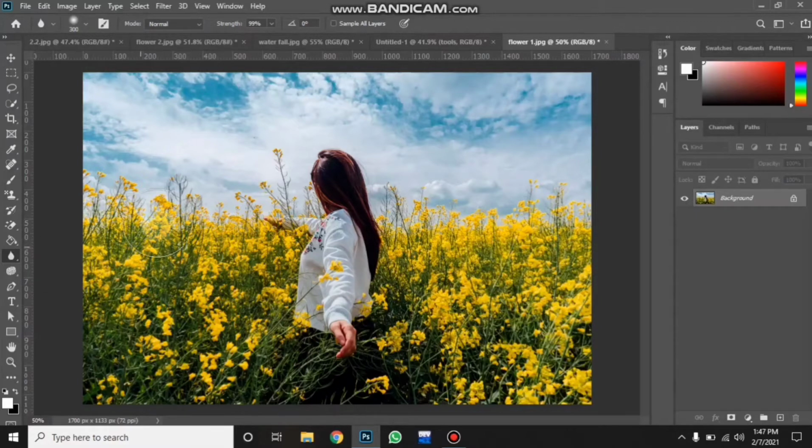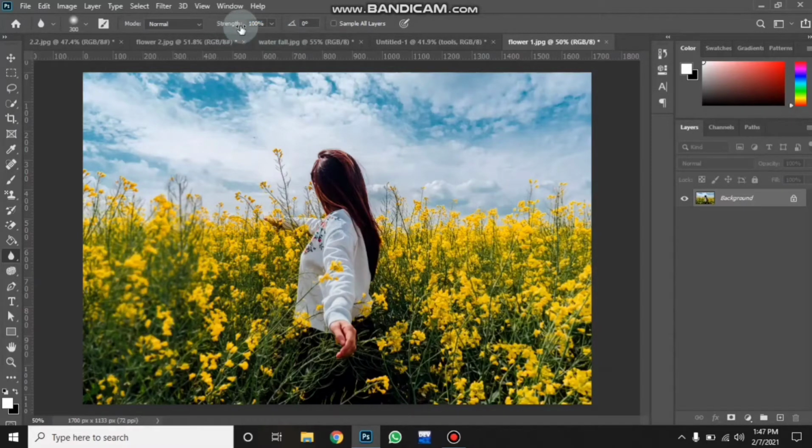Step: blur tool. Let me decrease the strength to 50%. As you can see, wherever I am dragging my cursor or brush, that area is getting blurred. Strength is basically like amount.